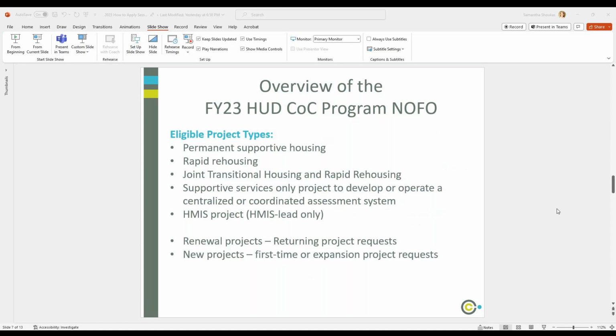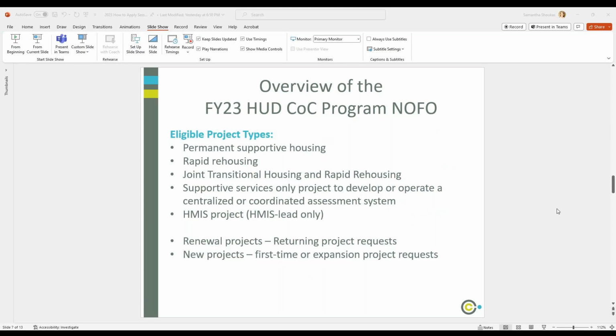So those are your types. If you're thinking of a project that's outside of these, then this probably isn't the funding source for you. We can talk about other funding sources. There are some others that have just come out recently as well. But for HUD specific, these are the only projects that are eligible for these funds.